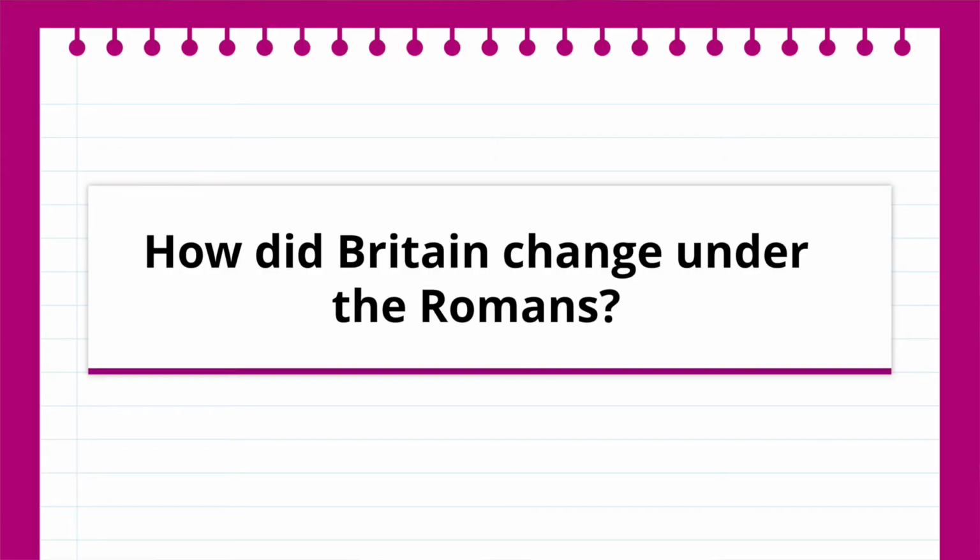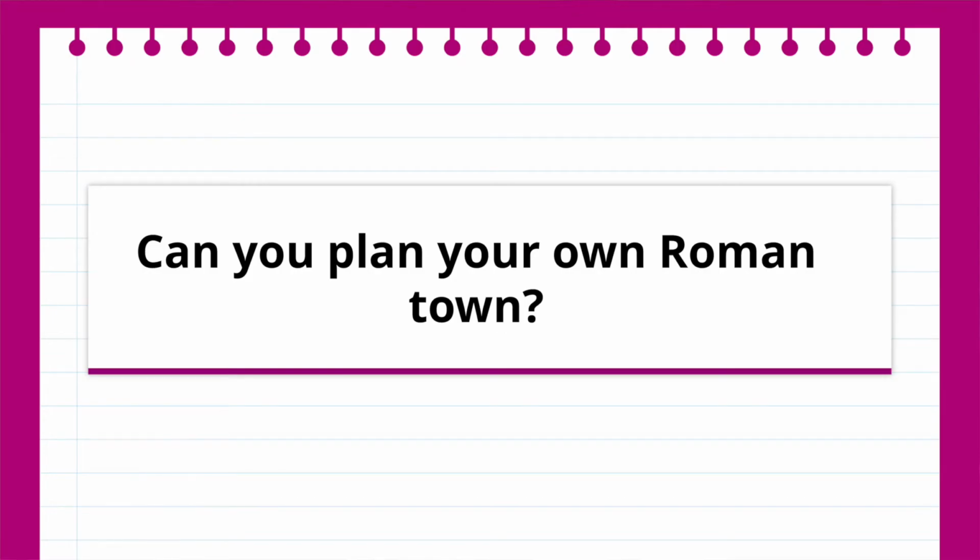Lesson 3 asks, how did Britain change under the Romans? This will include an exploration of Roman towns, writing, roads, and the introduction of Christianity following Constantine's conversion. Lesson 4 asks, can you plan your own Roman town? Pupils will have the opportunity to explore further some of the features of Roman towns, such as villas, forums, baths